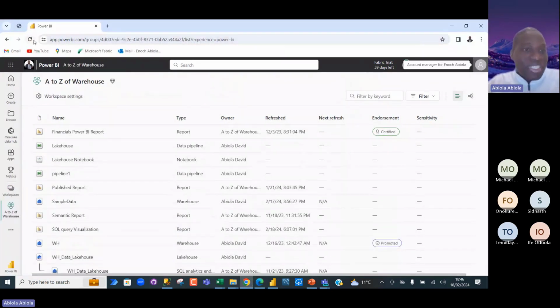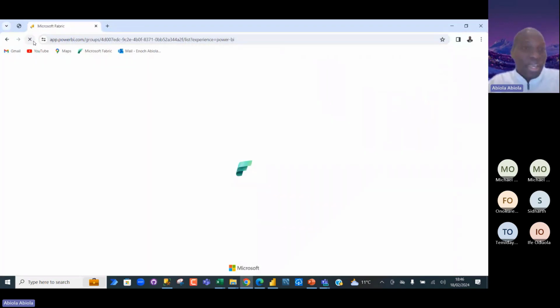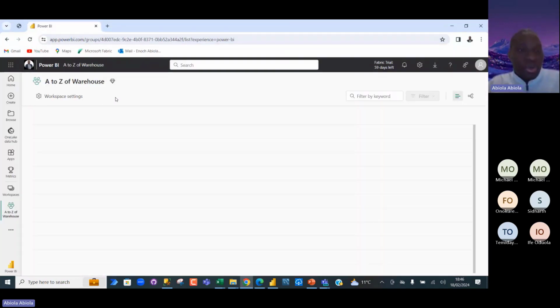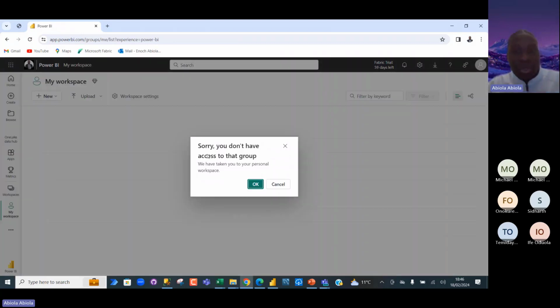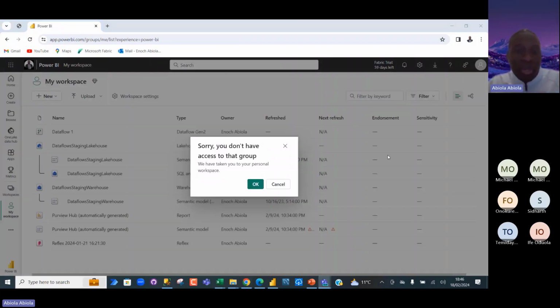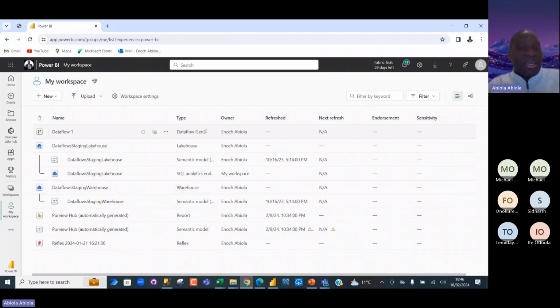Now, this might actually take about 5 minutes or even less for the permission to be removed. So I'm going to refresh maybe 3 times. This should, okay, there we go. So you can see, "Sorry, you don't have access to that group. We have taken you to your personal workspace." So that's basically how we can grant access to all the content in a workspace and how we can easily